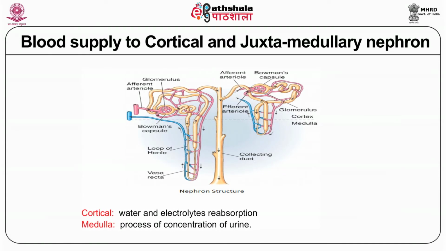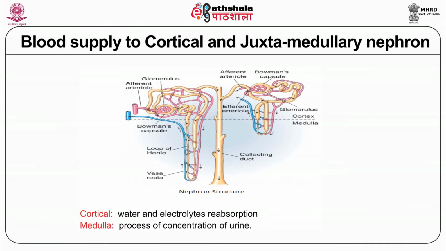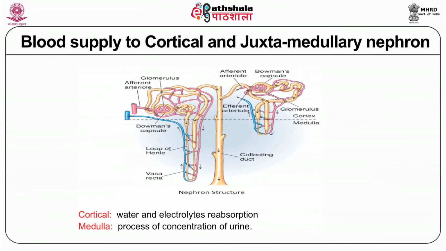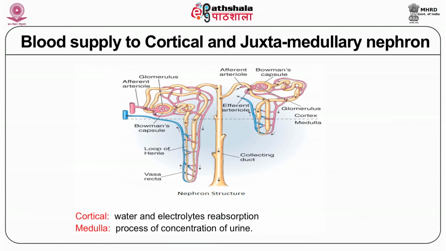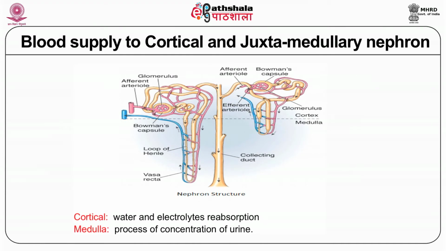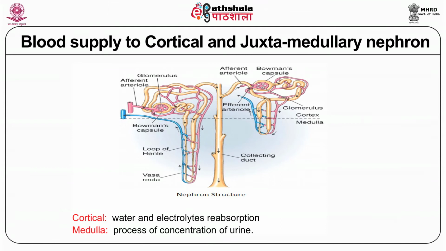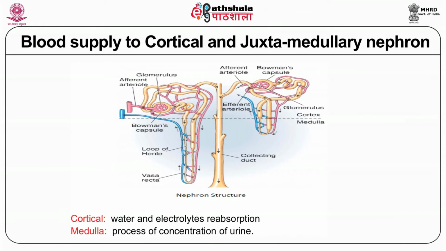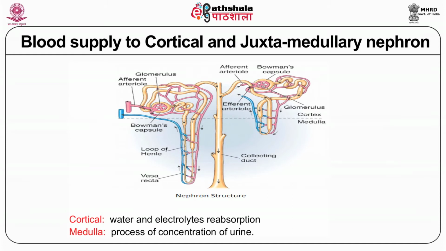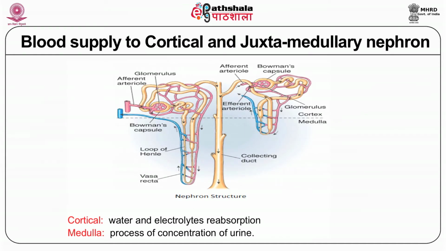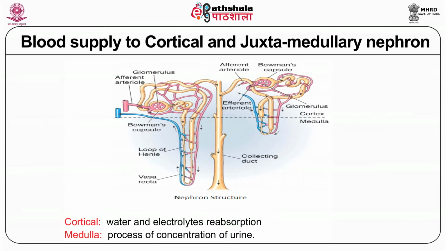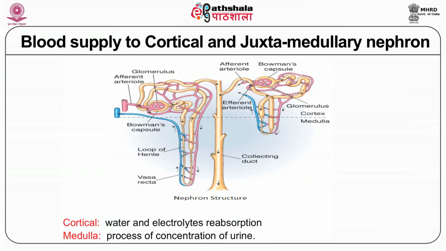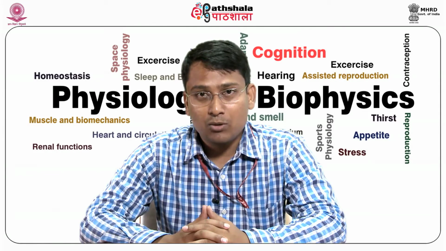So, the role of microcirculation. For cortical nephrons, the concern is more water and electrolyte reabsorption, hence the function of tubular reabsorption is carried out by dense, low hydrostatic pressure peritubular capillary networks surrounding proximal tubule segments of superficial nephrons. While in juxtamedullary nephrons, the process of concern is concentration of urine. This is done by the specialized vasa recta, mediated maintenance of medullary interstitial hyperosmolarity, which is generated by the loop of Henle, which will be discussed in the subsequent chapters.